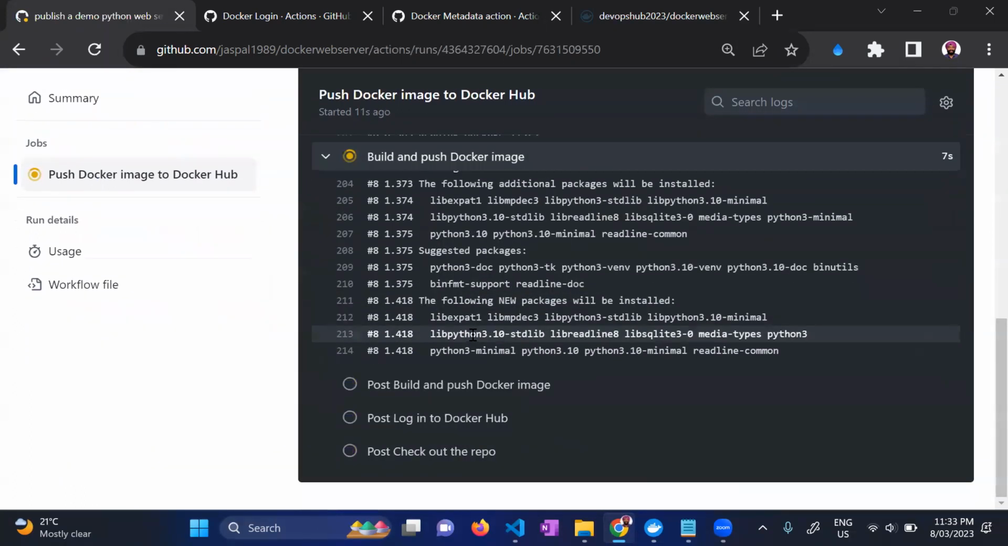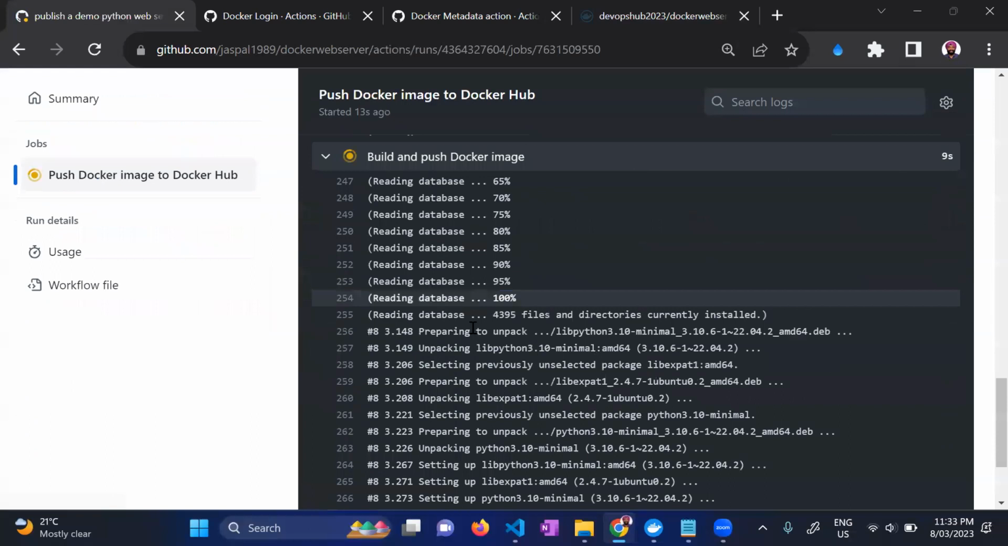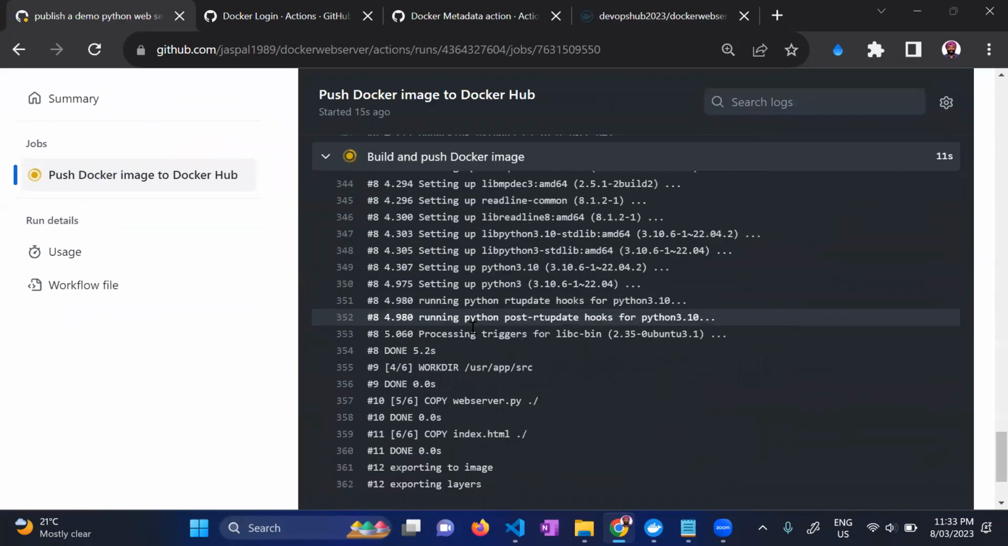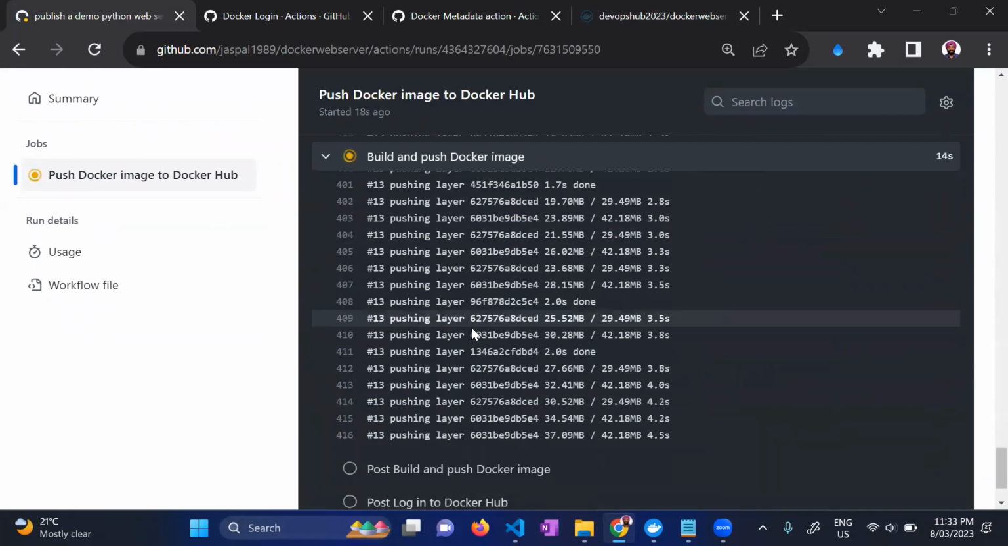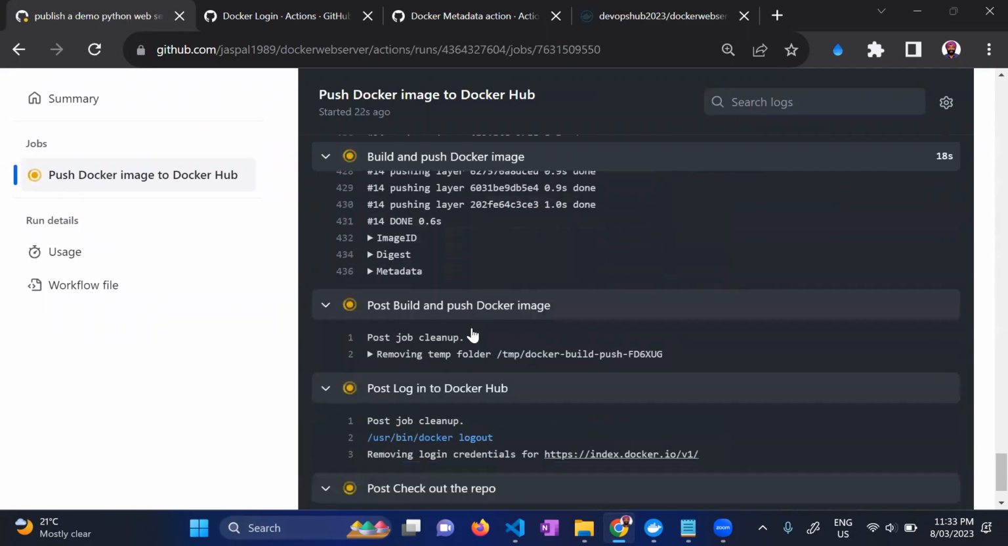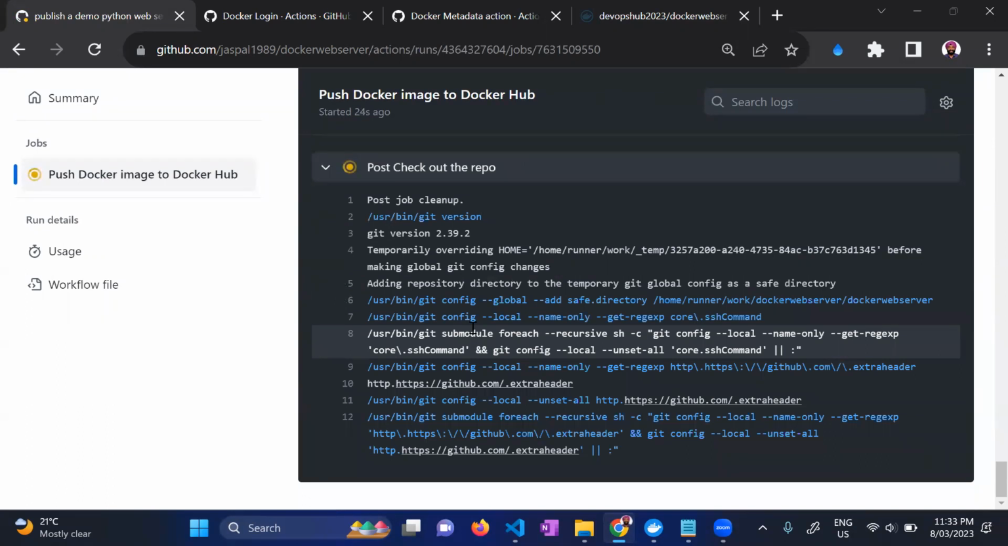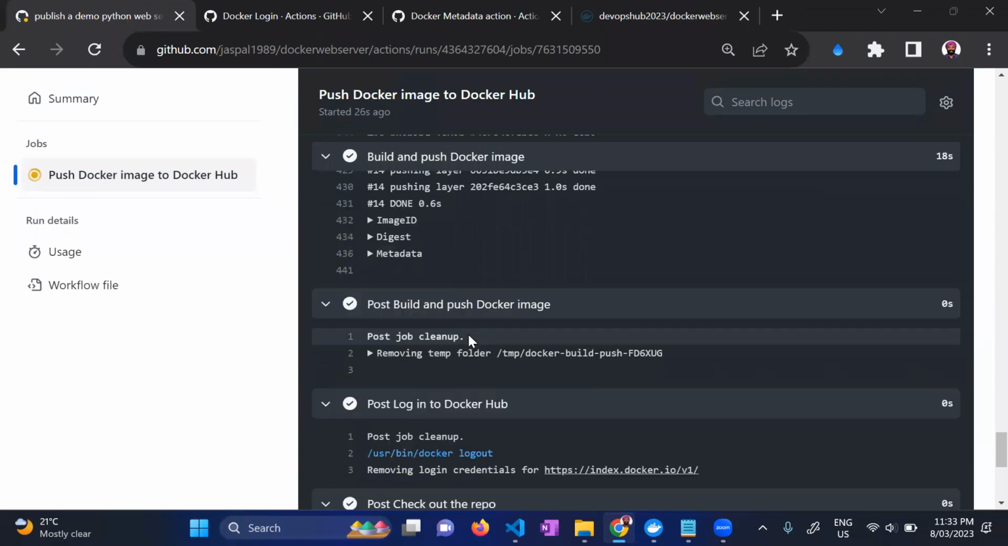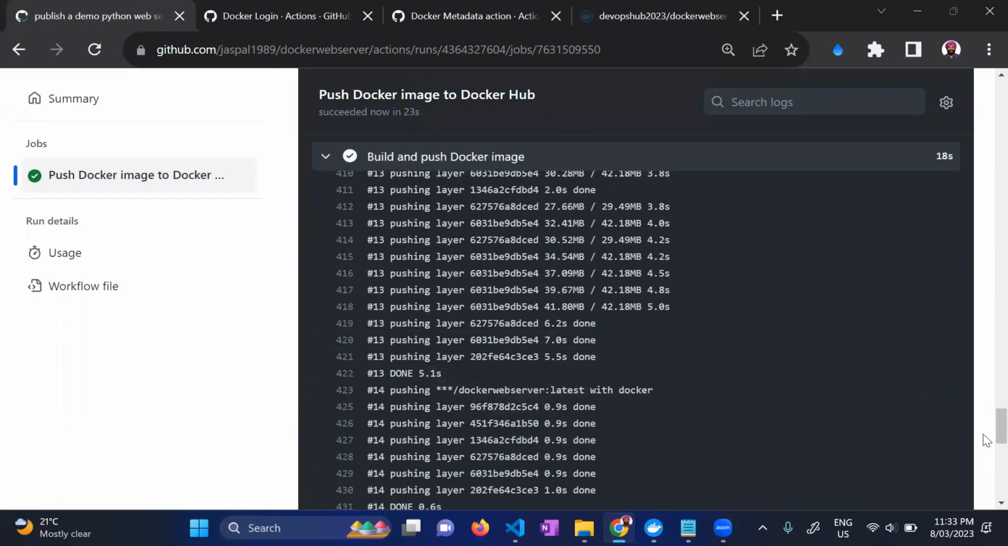So it's currently building and pushing the Docker image. It shouldn't take a lot of time. I guess it should take around maybe 15 or 20 seconds. Once this is done, we will look at things in the background, and looks like it's done. So if I scroll up,